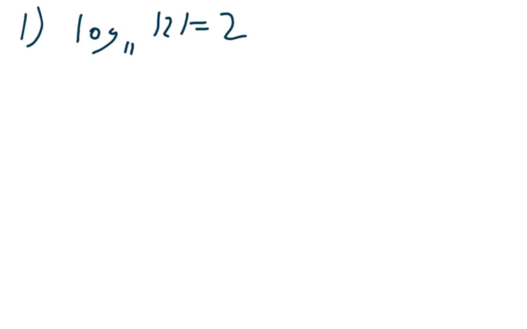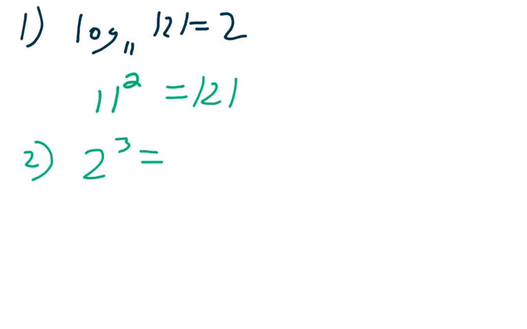The review for 11.5 through 11.7. First problem is to rewrite this in exponential form, which means the base is 11, 2 is now the exponent, is equal to 121. In problem number 2, they want us to do the opposite, which is to take this